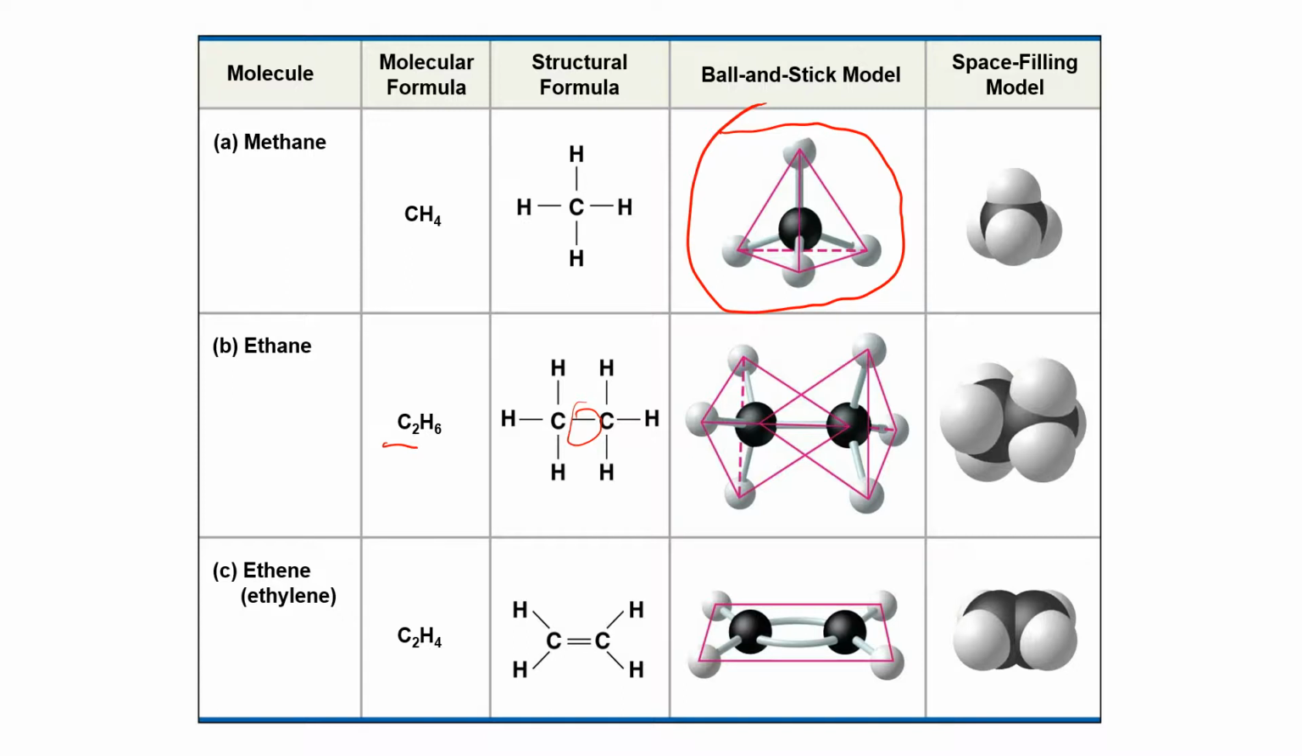And then you have ethene. Ethene has 2 carbons, but notice here, you have 4 hydrogens. So what you're left with means that the carbon atoms share not 1, but 2 pairs of electrons through covalent bonds. Now the cool thing about this is that as you go from a single to a double to a triple covalent bond, this is going to restrict the movement of